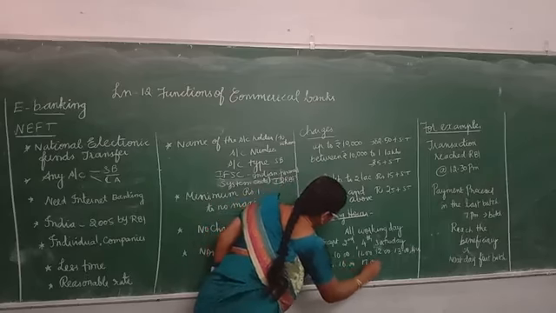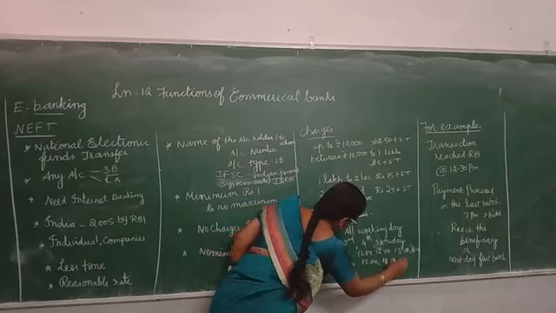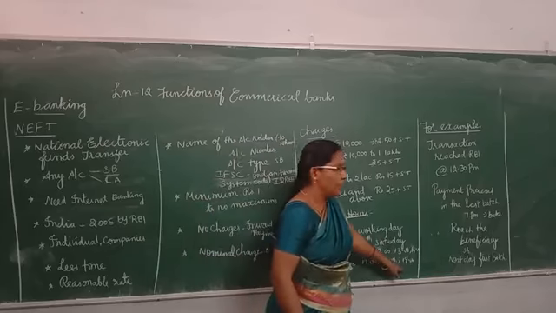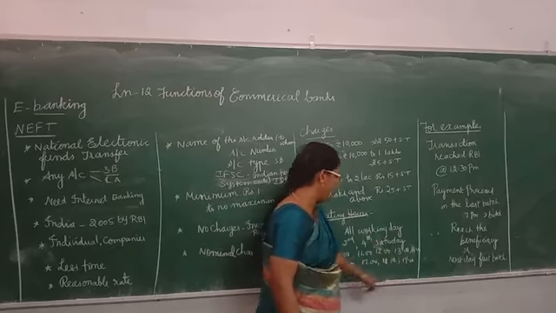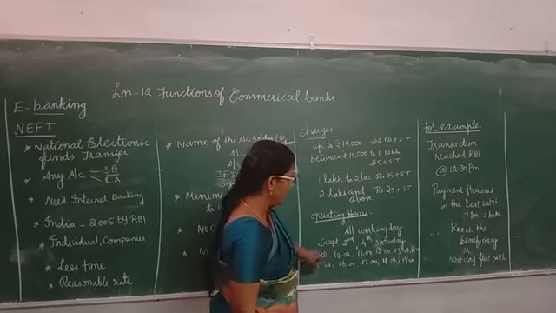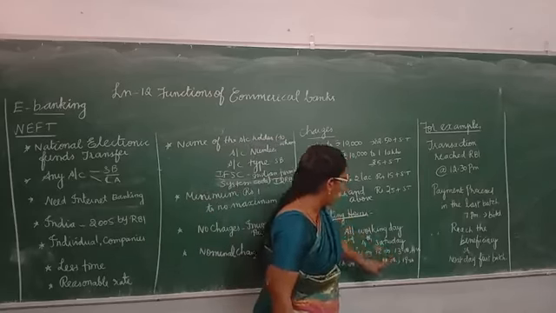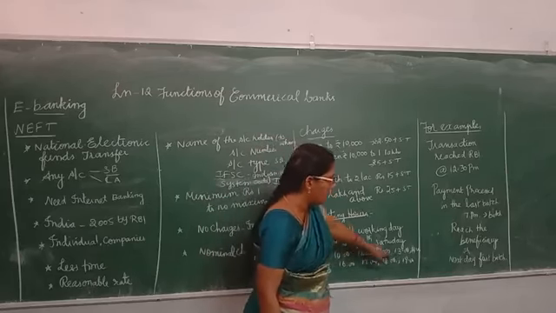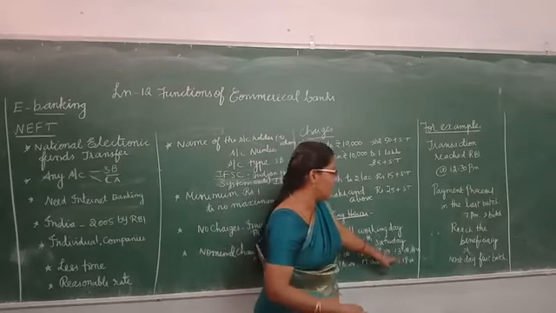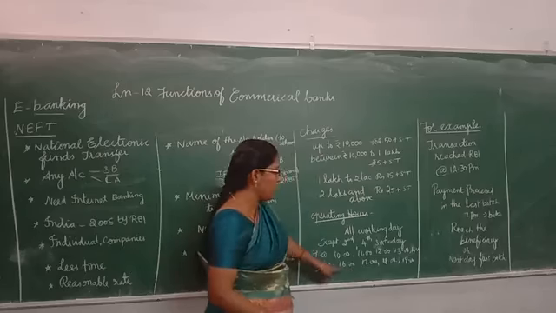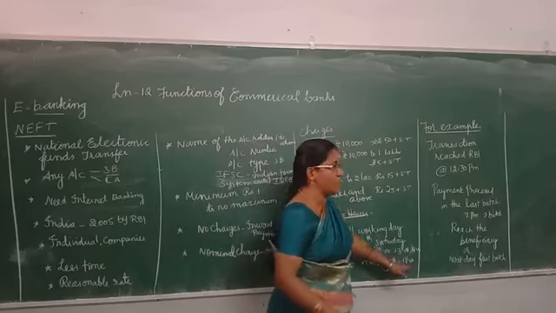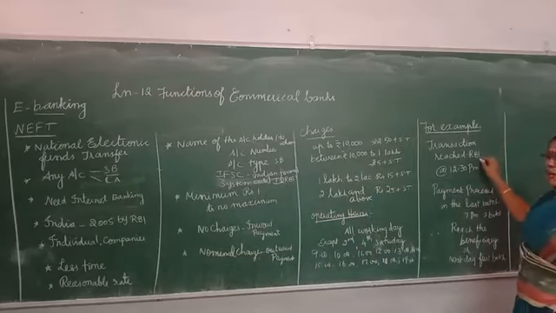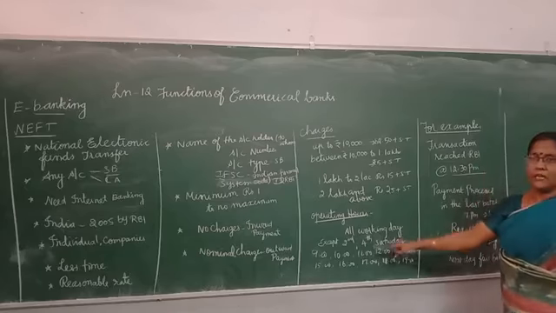Then 16, 17, 18, 19, so the last is 7 p.m. From 9 o'clock onwards, settlement at 9, 10, 11, 12 o'clock, and as per Indian timings, 1 o'clock, 2, 3, 4, 5, 6, 7 o'clock. So, for example, if the transaction reaches the RBI at 12:30 p.m., they are going to settle the